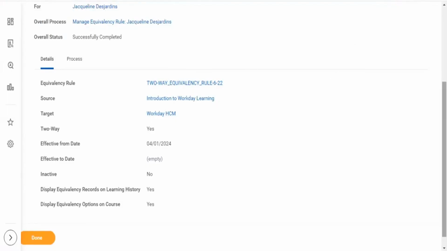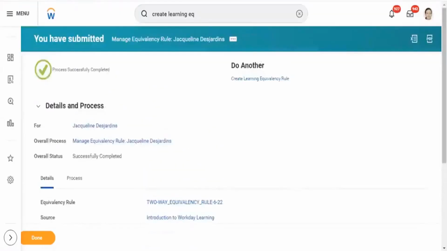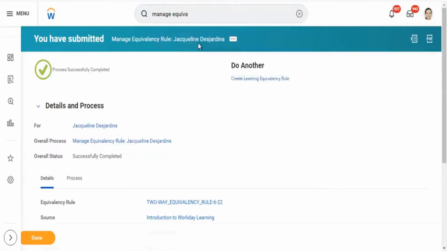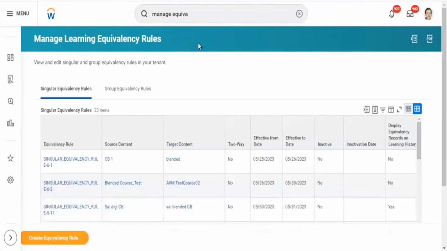Now you can access the task called Manage Equivalency Rules. You can see the one that we created has been added here.